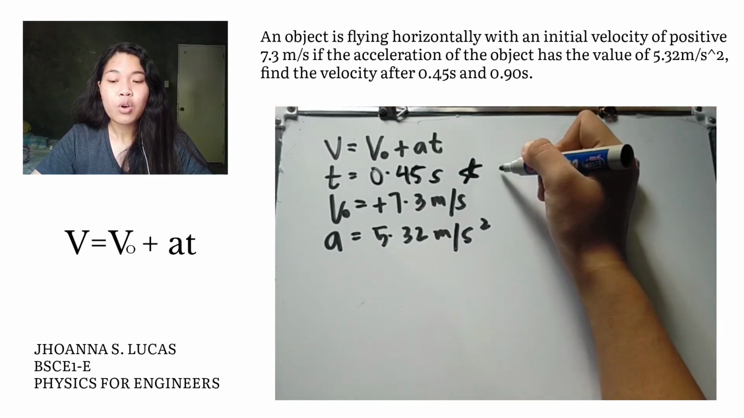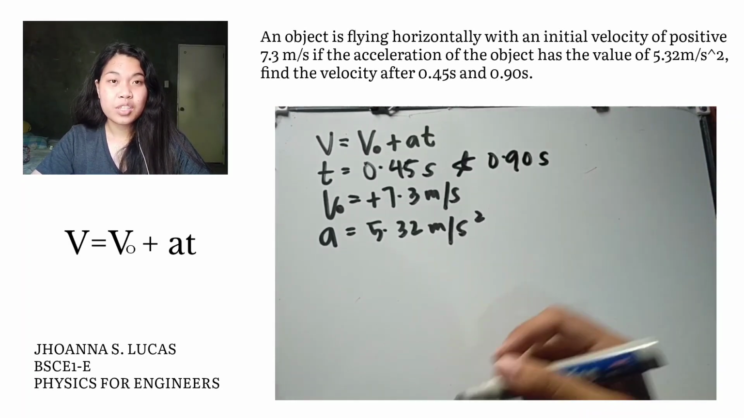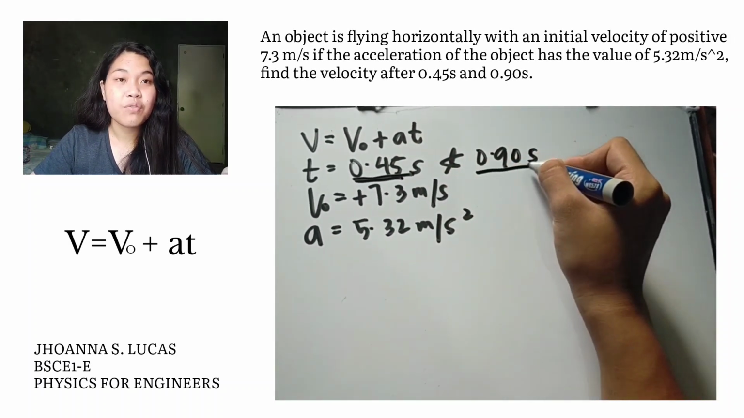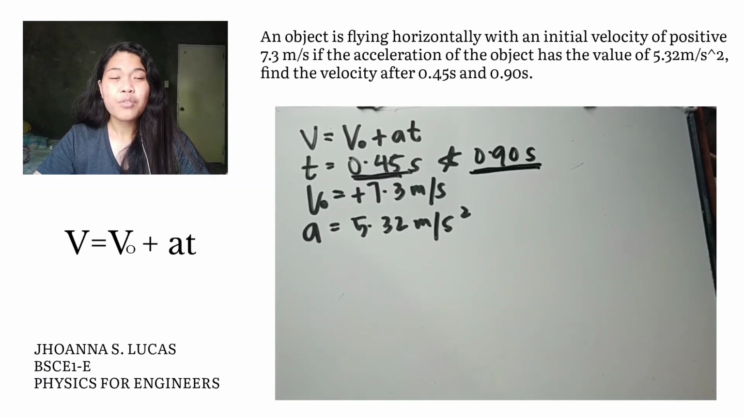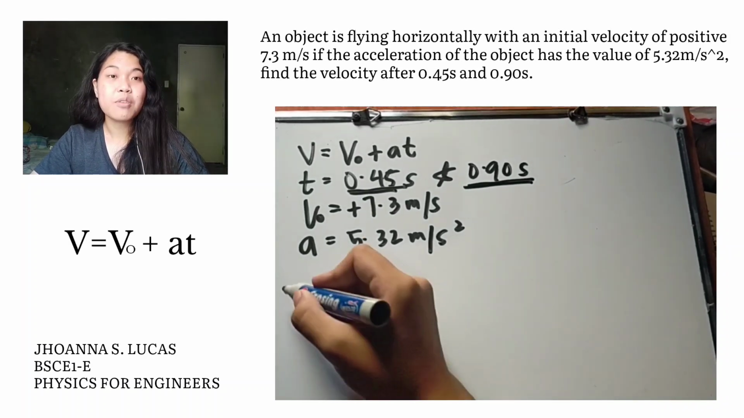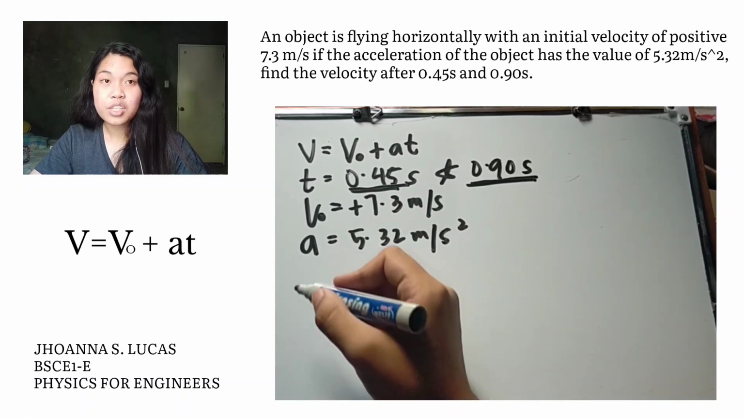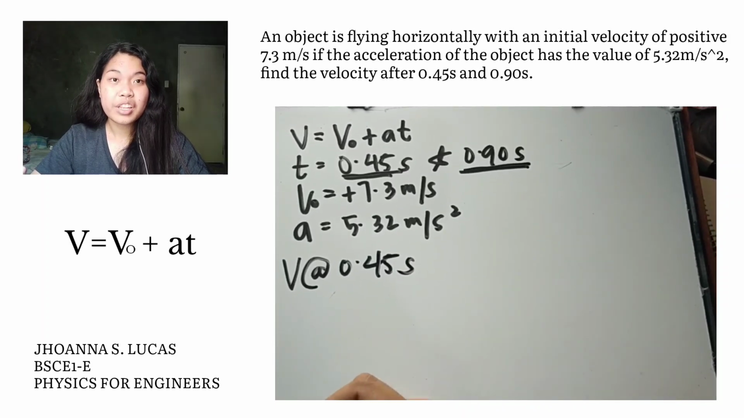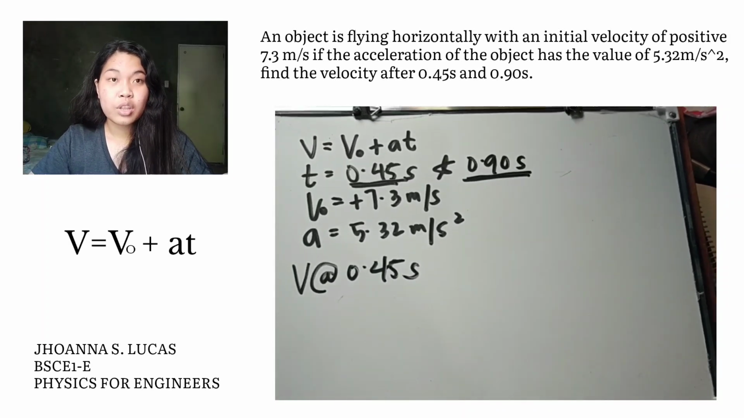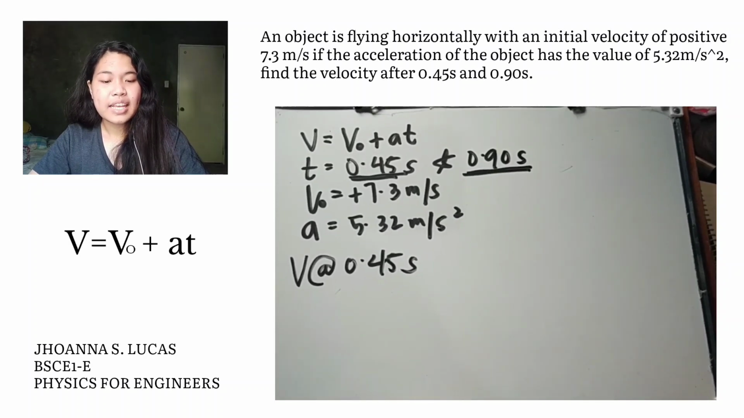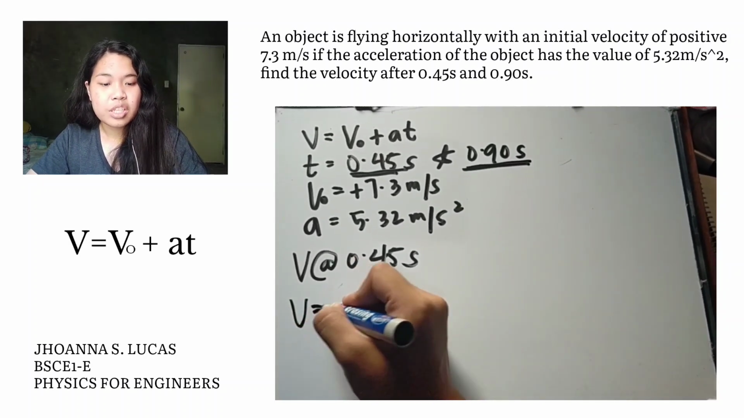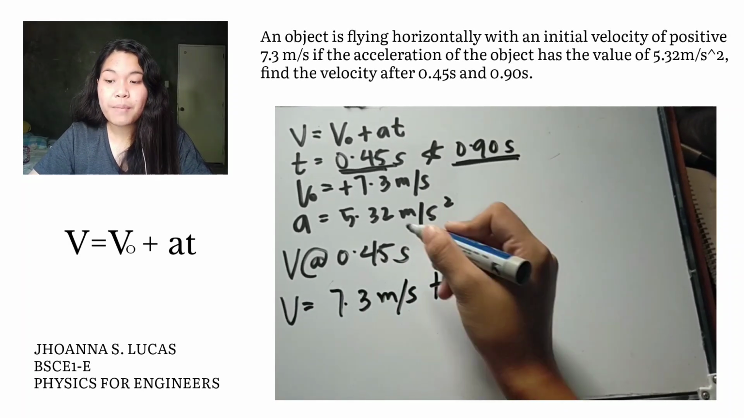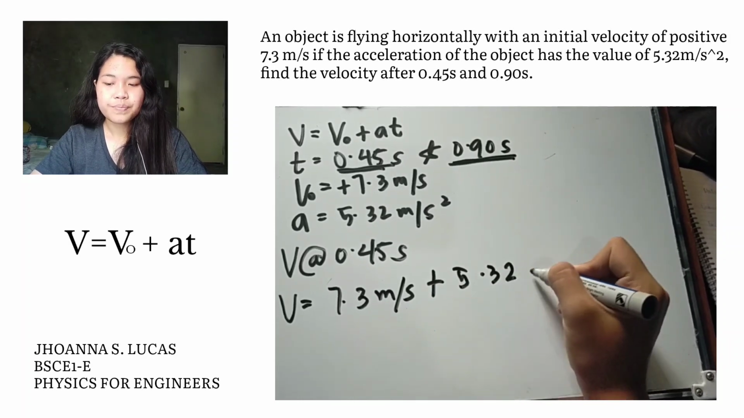Since we have two given times, we will use them to find our velocity. The velocity at 0.45 seconds and the velocity at 0.90 seconds. So, first, we will find the velocity at 0.45 seconds. Let's do it directly since we already know the equation that we will use. So, the velocity is equal to our initial velocity, 7.3 meters per second, plus our acceleration, which is 5.3 meters per second squared,